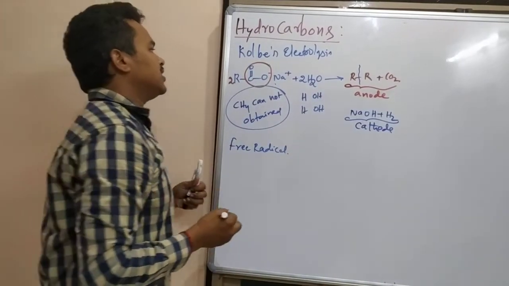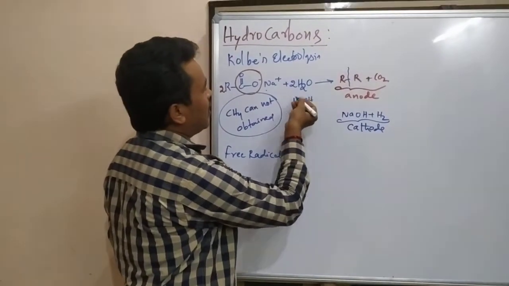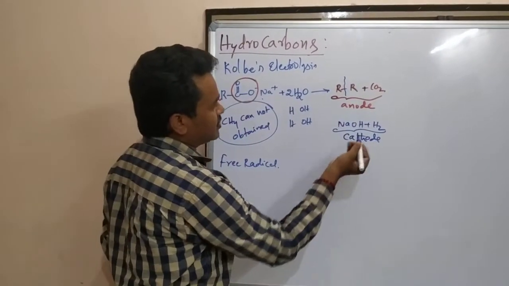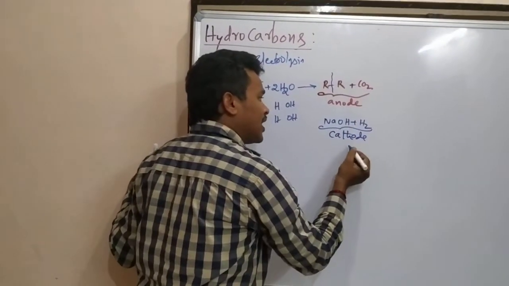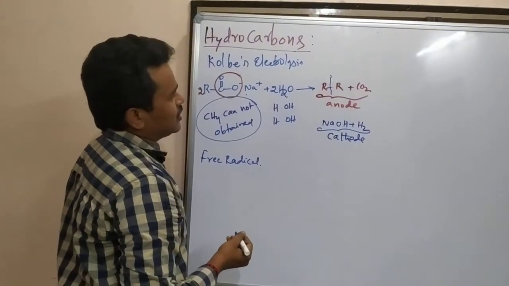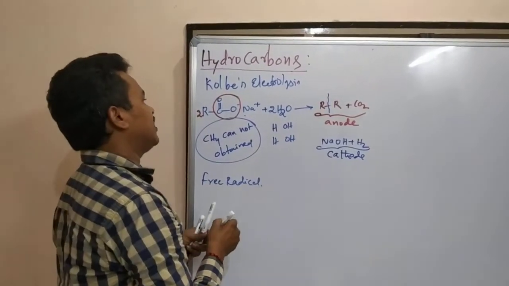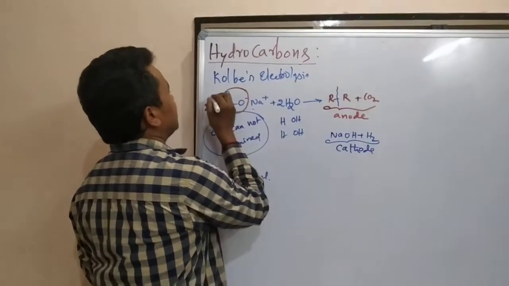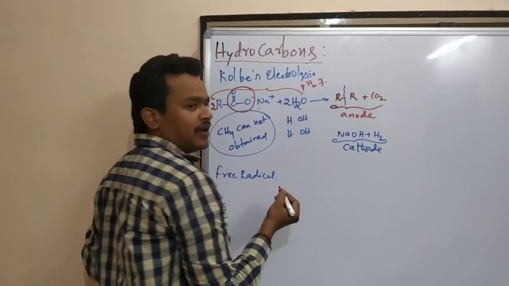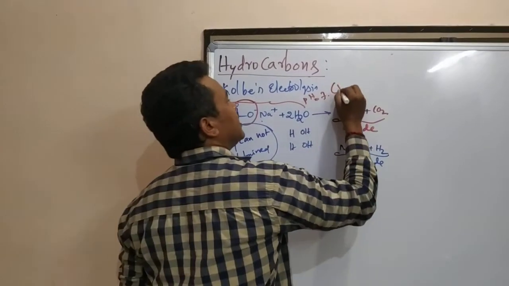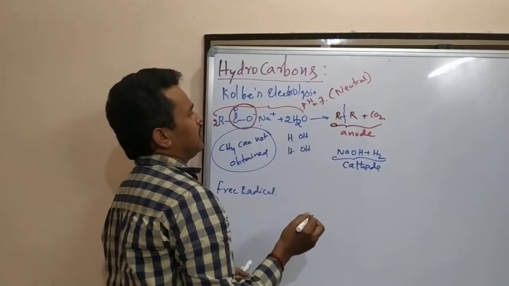So it is a free radical mechanism, and the electrolysis. Some electricity is going to be supplied, which means water is going to react in this fashion with free radical mechanism. At the anode CO2 is coming, at the cathode hydrogen gas is going to release. Initially it is a salt and water. What is the pH you are expecting? This mixture, the pH will be neutral. pH will be 7, which indicates a neutral salt.